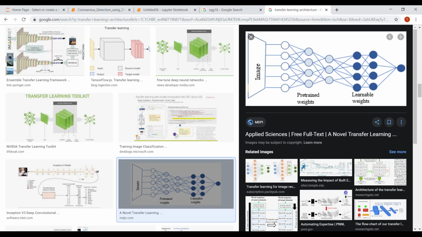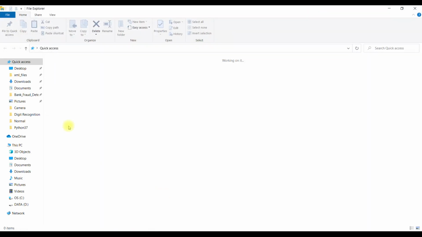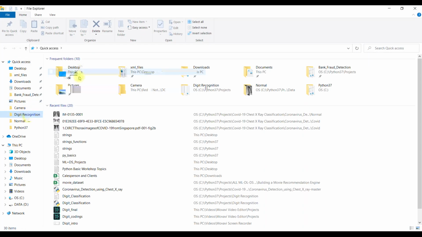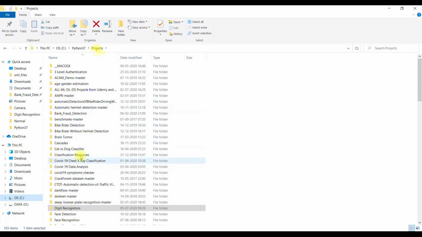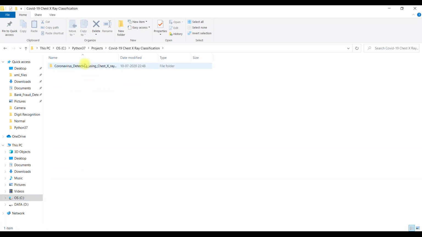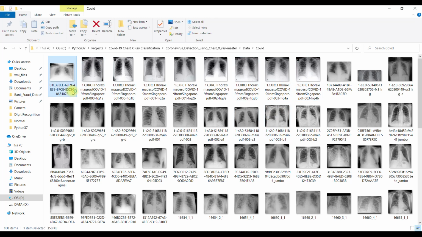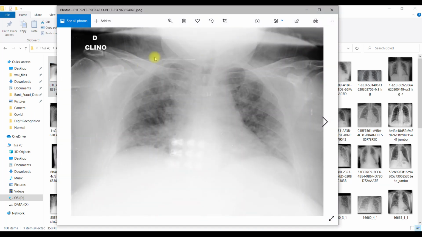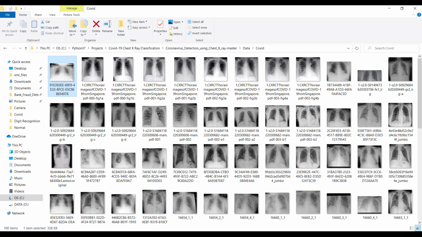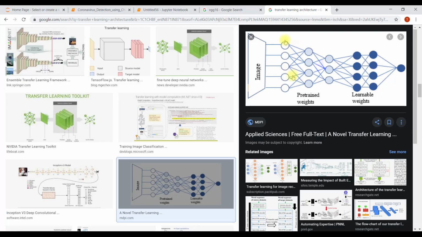It's basically going to extract the features from the pixels using its pre-trained weights and biases, and according to that it will fine-tune our custom layers.